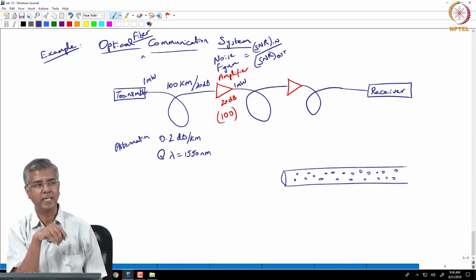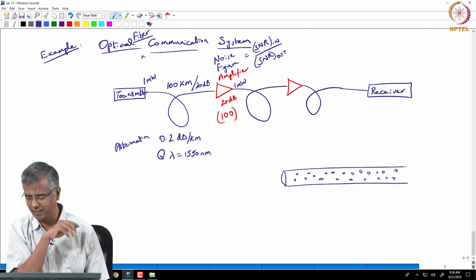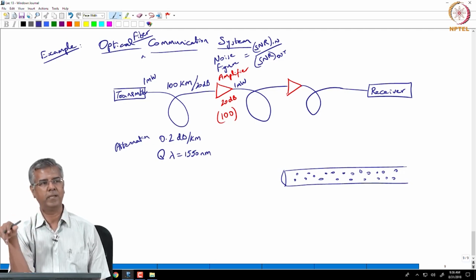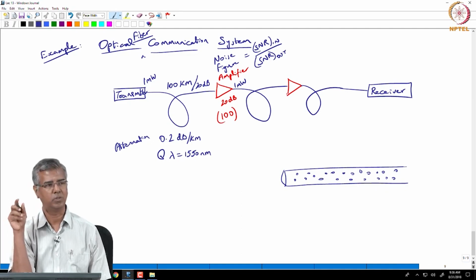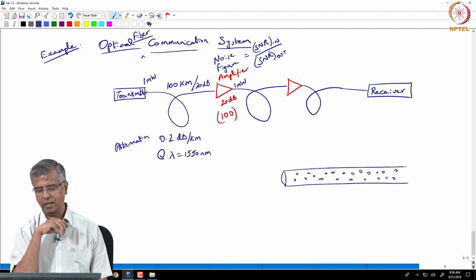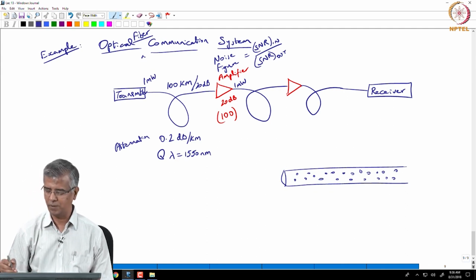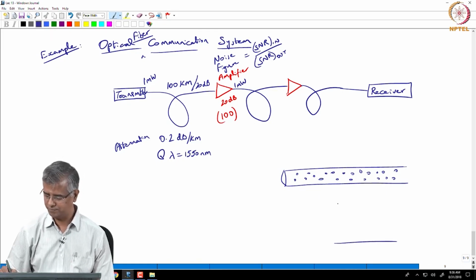We won't go into the details of how erbium got in there. There is some solution doping method and all that. We won't go into the details of that, but if you impregnate this glass with erbium, so the erbium ions are sitting inside, then erbium specifically has an energy level